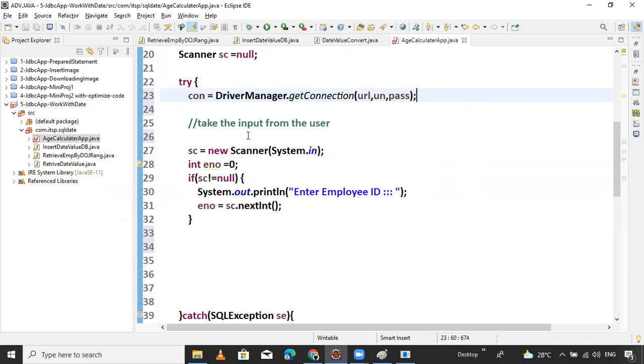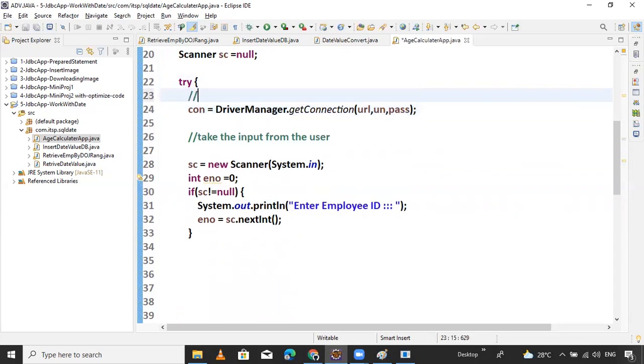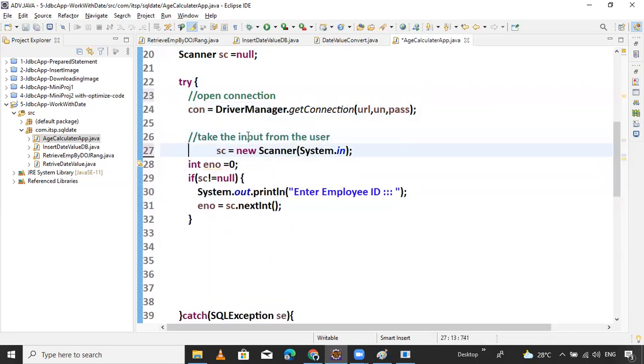Now your connection is ready. Write down open connection. That's it: establish the connection between the Java application and the database. Loading the class is optional, not recommended.